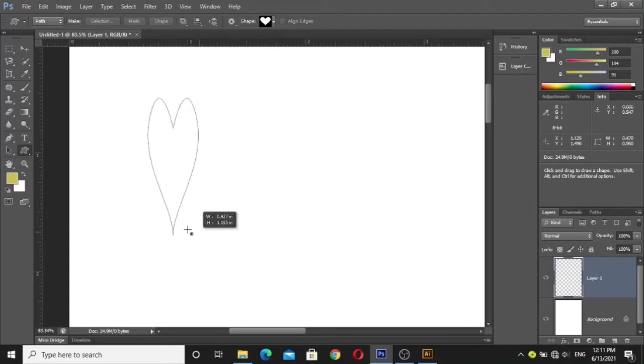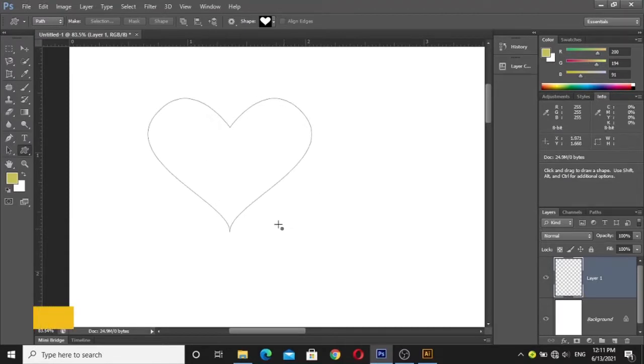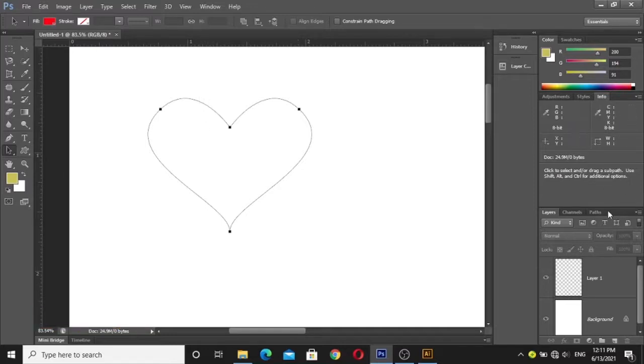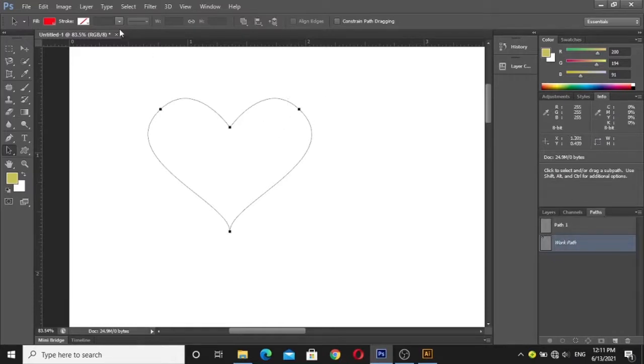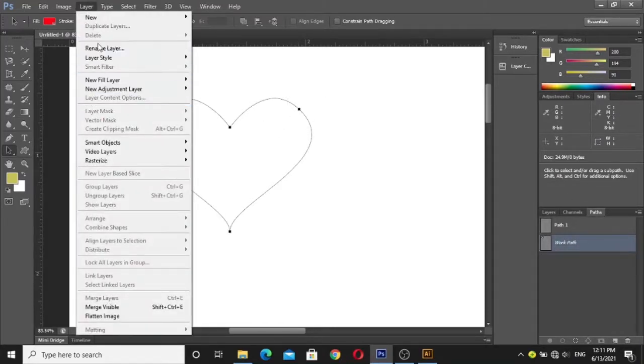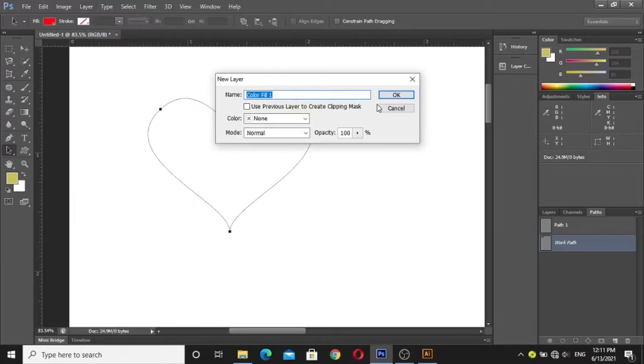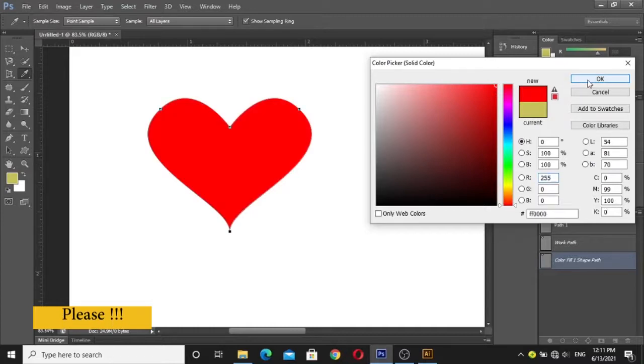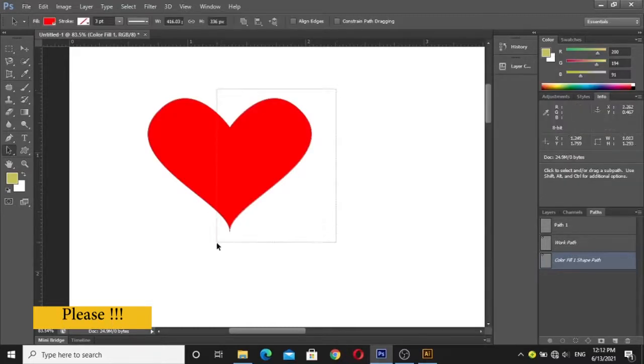Click on the shape that I already built, but I am not able to change the color. To change color, the whole process will be repeated. So in this way I can easily transform shapes into paths and paths into shapes. It's very easy. Now I am able to change the color very easily.